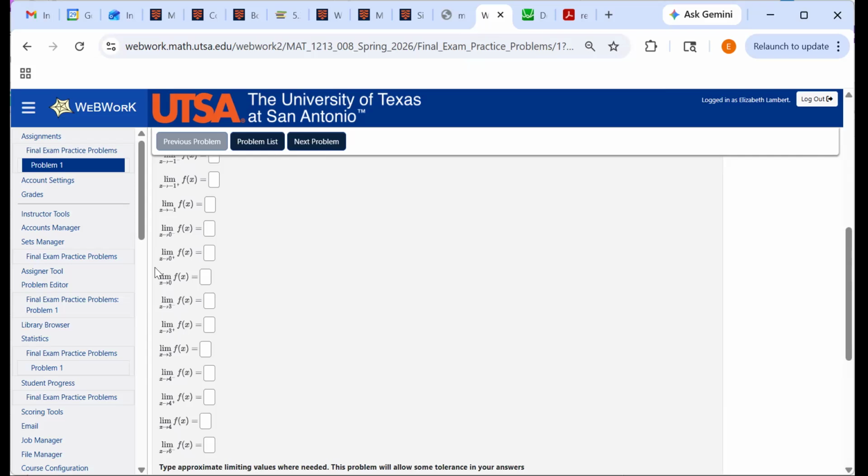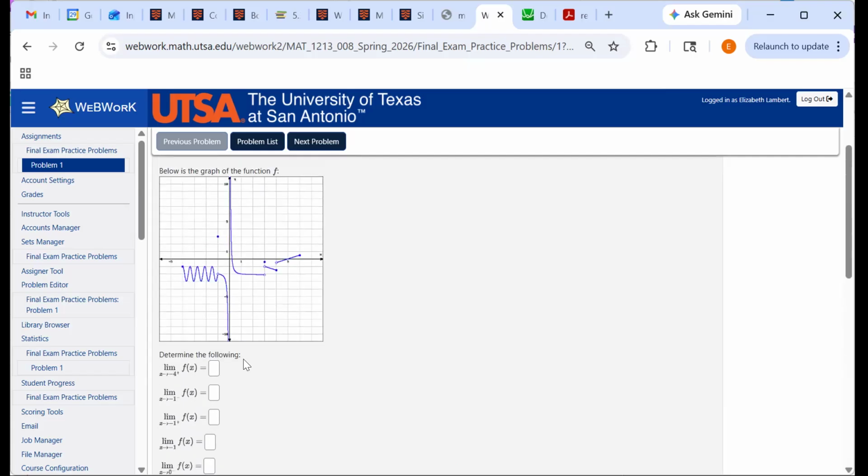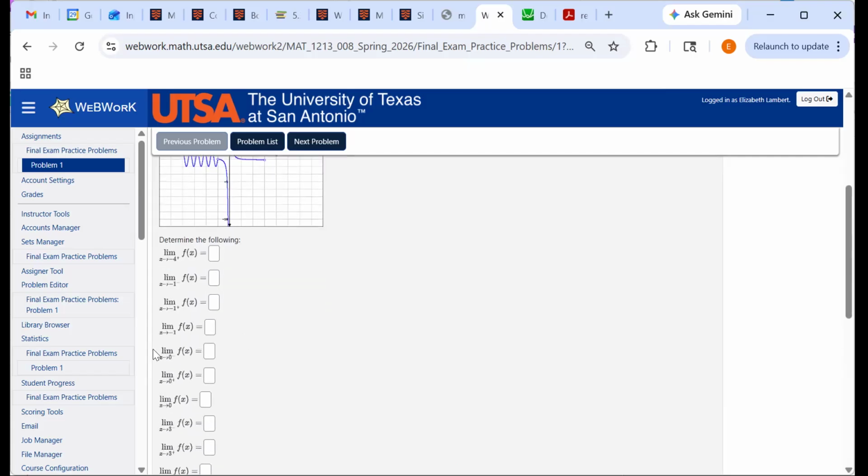But this is also going back to the basic definition of a limit. So when I'm looking at the limit as x approaches 0 from the left versus 0 from the right versus 0 overall, my left and my right have to agree for the limit overall to exist. So when I'm looking at the limit as x approaches 0 from the left,